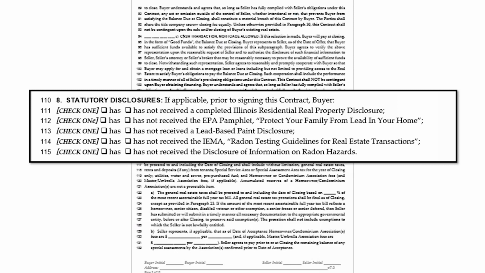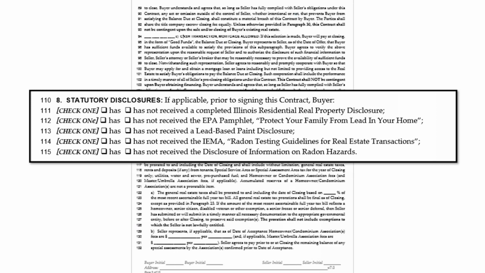The suggestion has been made to do one of two things. I would suggest you leave it in, do not draw a line through it and have the buyer and seller initial it, because that still doesn't say anything, I don't think. So I'm just going to suggest that where it says "has or has not received," you put NA in the blank that says "has not received." In other words, don't check it, because with "has not received," you could get the attorneys looking for something. So put NA in there.